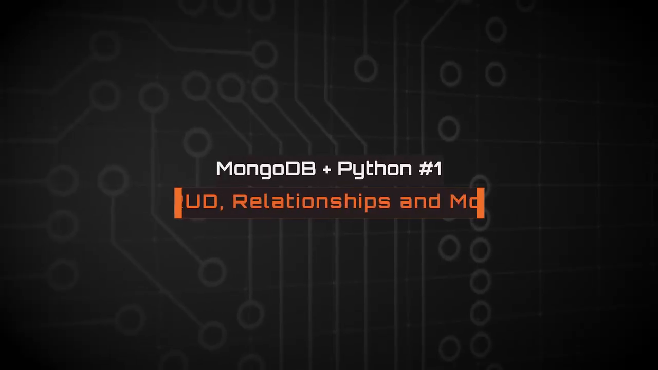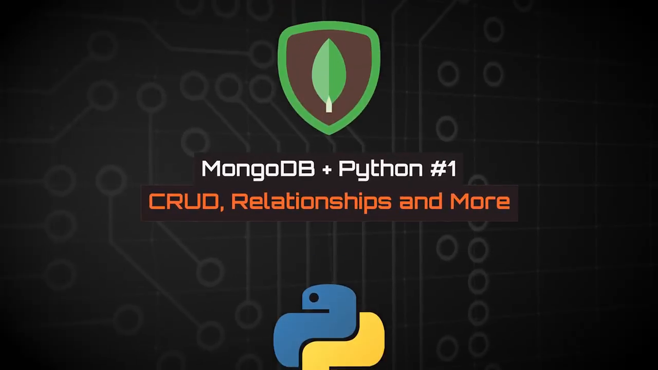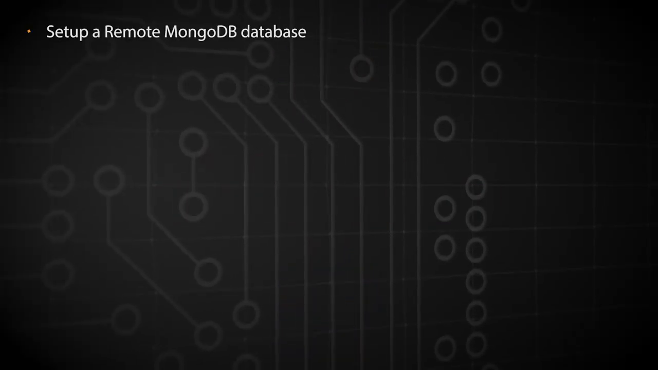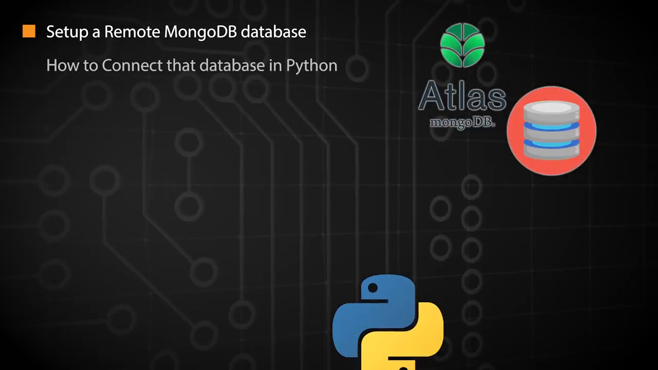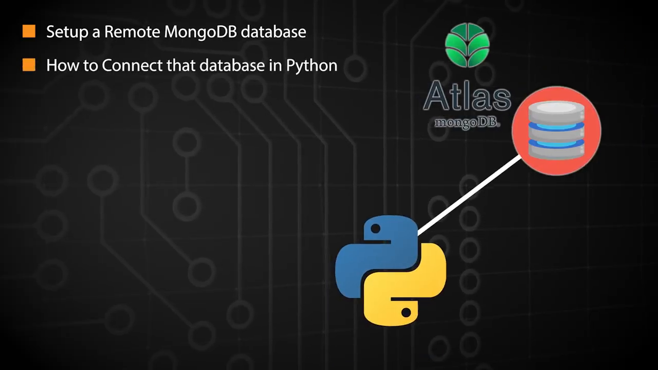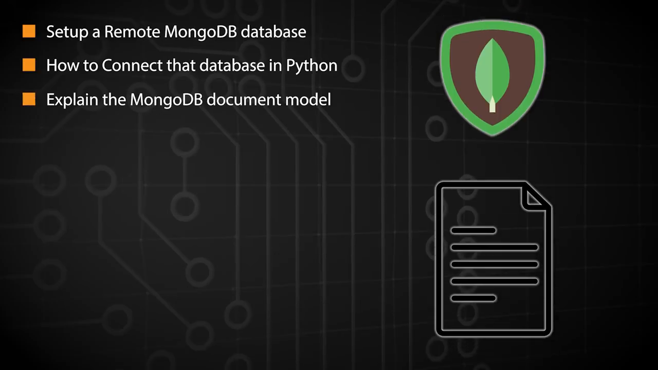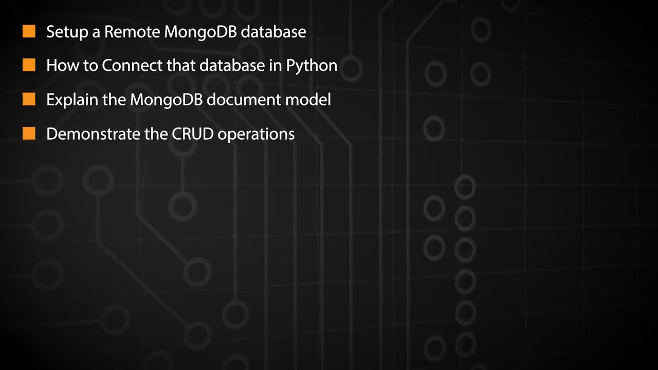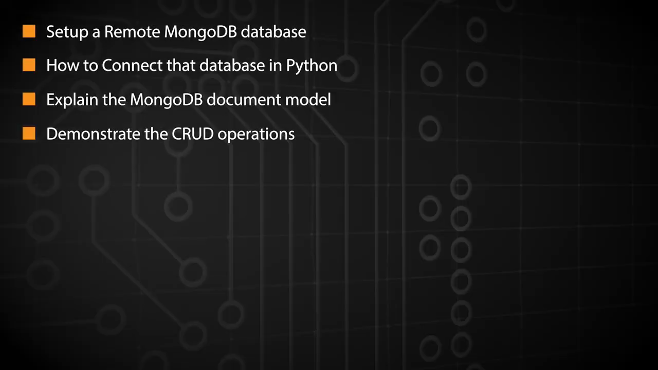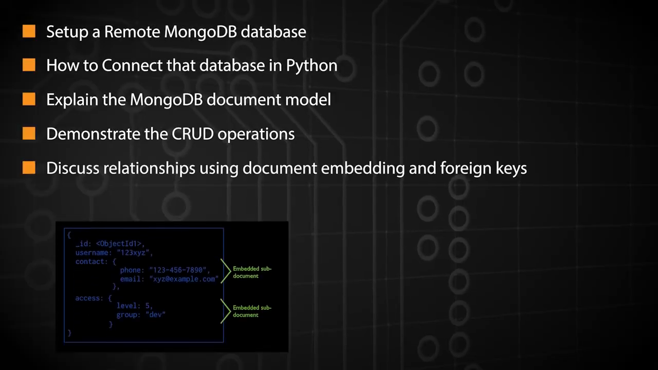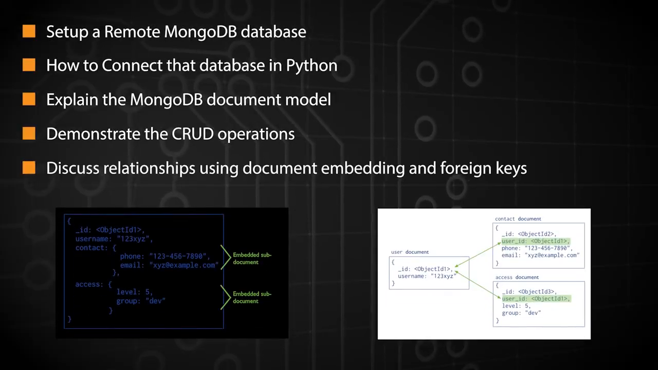In this video, I'll be showing you how to use MongoDB in Python. Specifically, I'll be showing you how to set up a remote MongoDB database using MongoDB Atlas. I'll show you how to connect to that database in Python. I'll explain the MongoDB document model, and I'll demonstrate the CRUD operations like creating, reading, updating, and deleting. After that, I'll briefly discuss relationships using document embedding and foreign keys, and that is what I will talk about